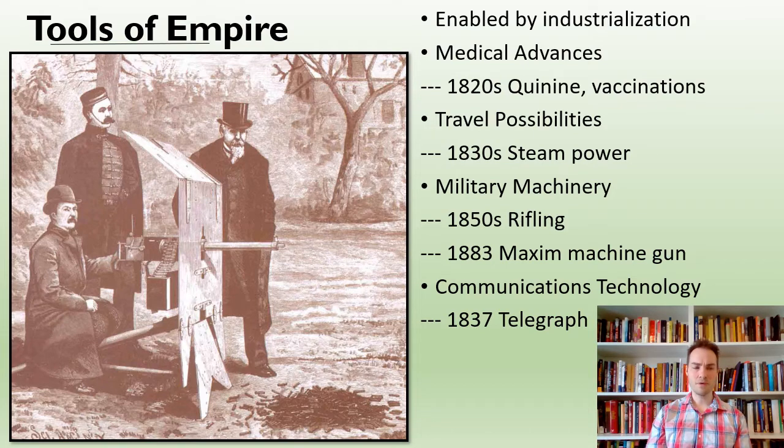In order for the modern form of imperialism and modern forms of empire, you needed all of the new industrial processes. You needed all of these new tools of empire. What the British or the United States or the Japanese were up to wouldn't have really been possible earlier without all of these technological and industrial developments.